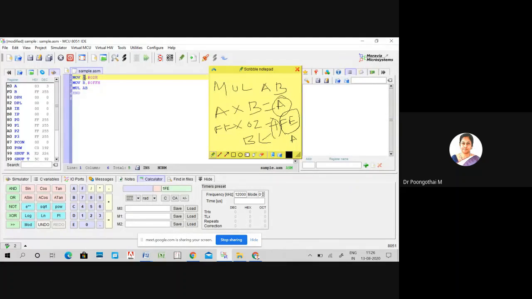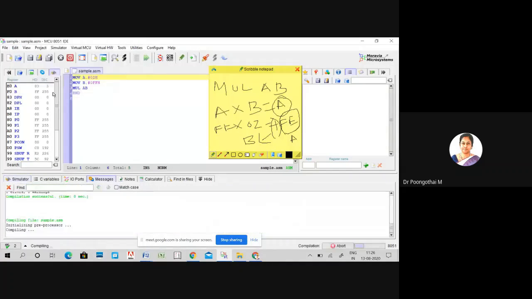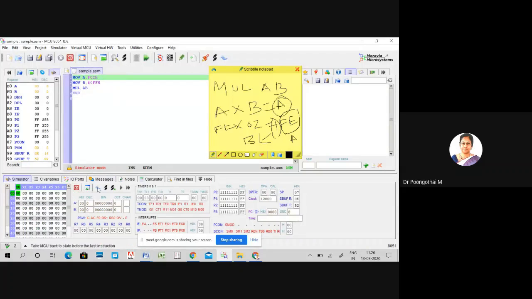So let's run this code. Compile and execute step by step. You can see here 02 is transferred to the accumulator and FF is transferred to the B register.